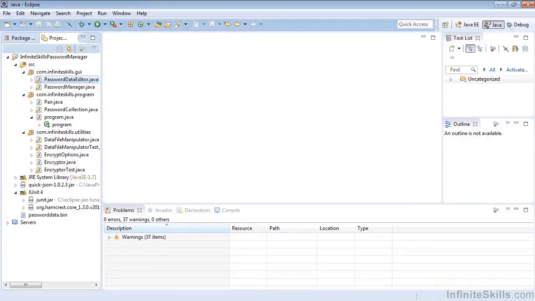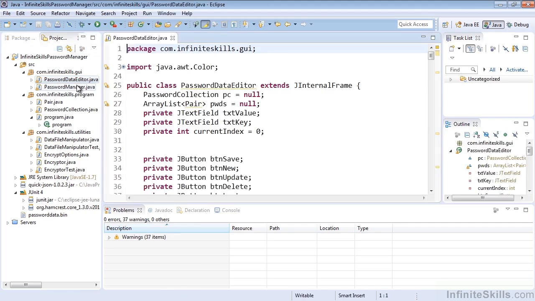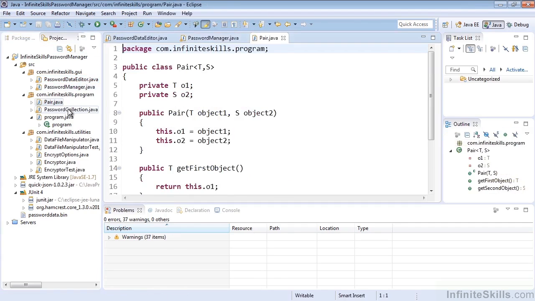In this lesson, we're going to take a quick look at maximizing our code editor in order to get the most out of our screen space and be able to see more code while we're working with it. So the first thing we need to do is just open a few code files in the editor